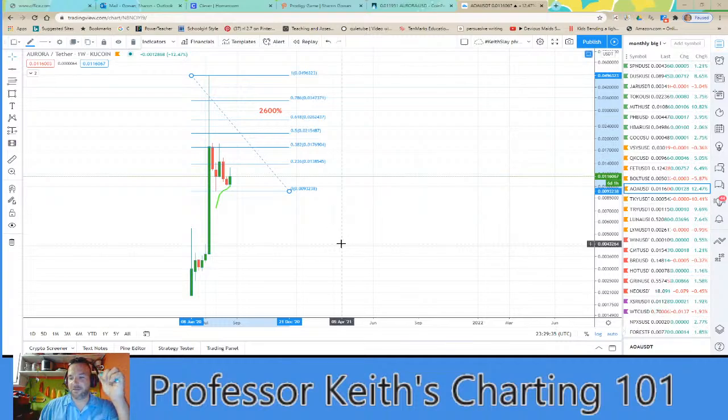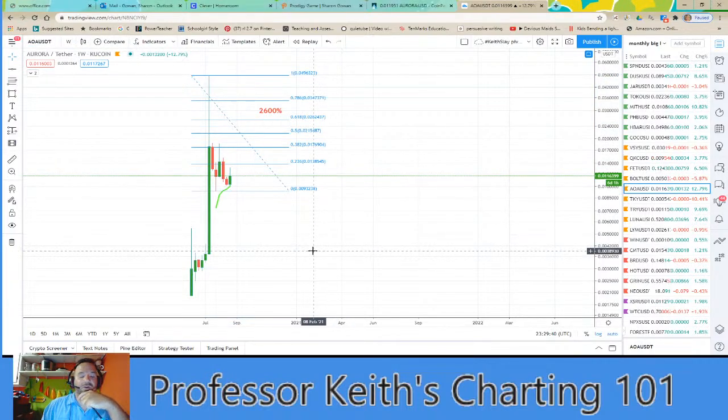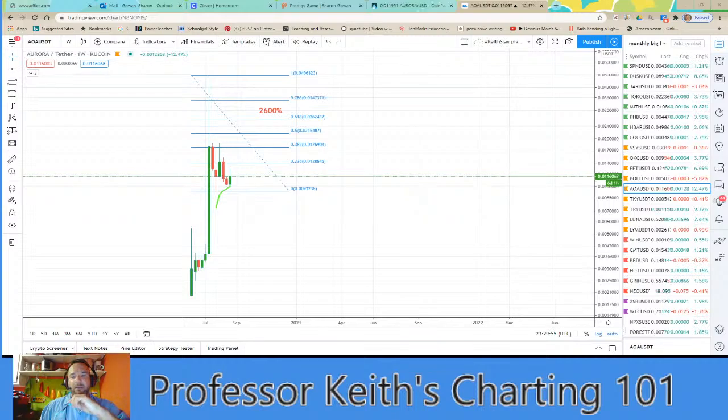AOA is a pump and dump scam. Yeah, it's climbing. Well, the thing is, even if it's a pump and dump, I don't really care if the chart looks good. And this is just a nice retrace in a falling wedge. If it was a real pump and dump, we'd have a solid green and a solid red back down, and we didn't have that. Even with pump and dumps, if it's going to make me money, I don't care. Let it pump. I'll ride it until the point hits, and then when the point hits, I'm good.